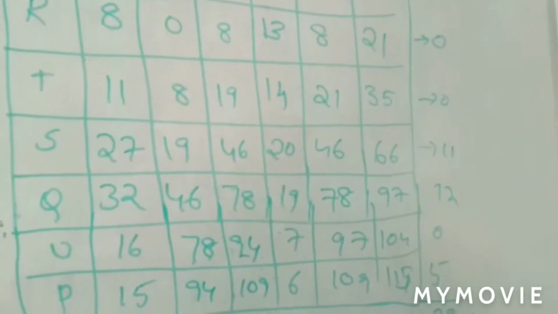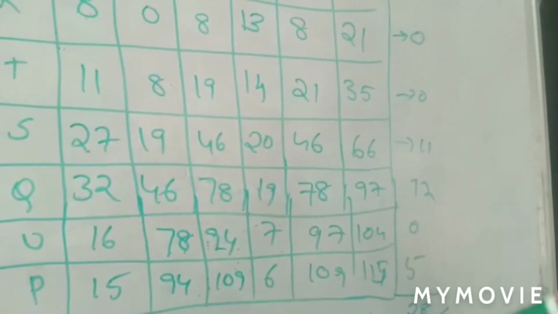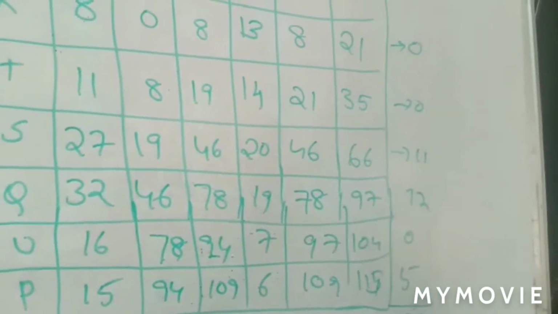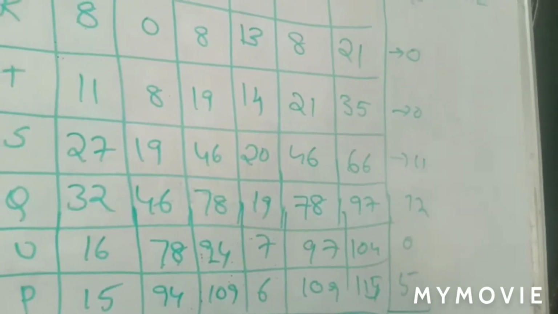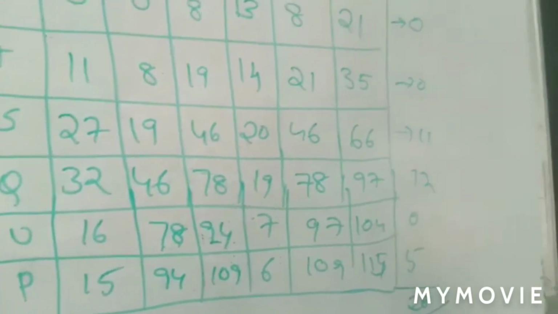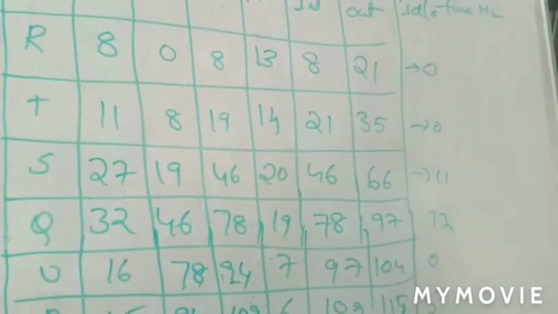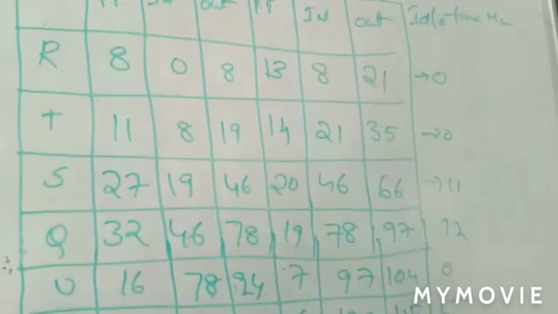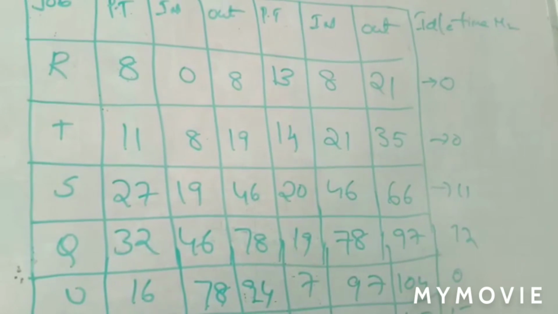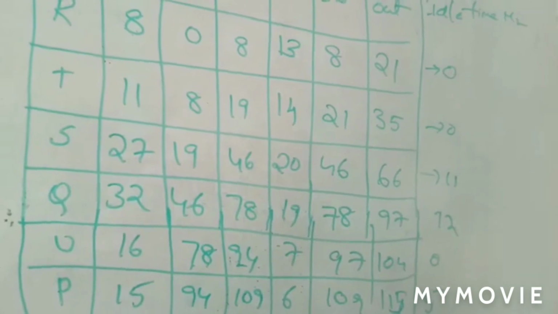So now calculate the idle time for machine 2. The total is 28. That means 28 minutes or 28 seconds or whatever, depending upon your values. On that particular time it has to wait. For those minutes or hours or whatever it is, your machine remains idle. It is very difficult for us if we have any idle time, because we are losing money, power and all those things. So reducing idle time for machine 2 is very important.